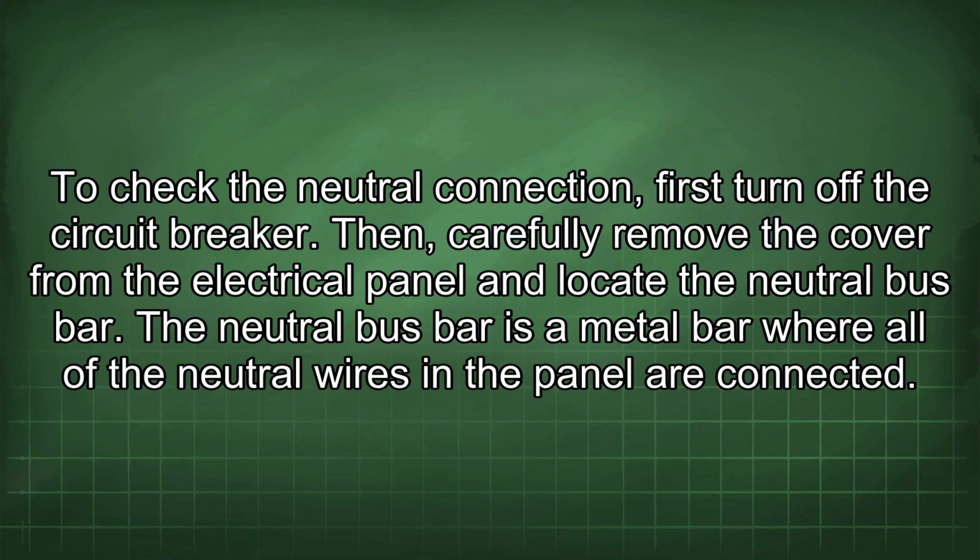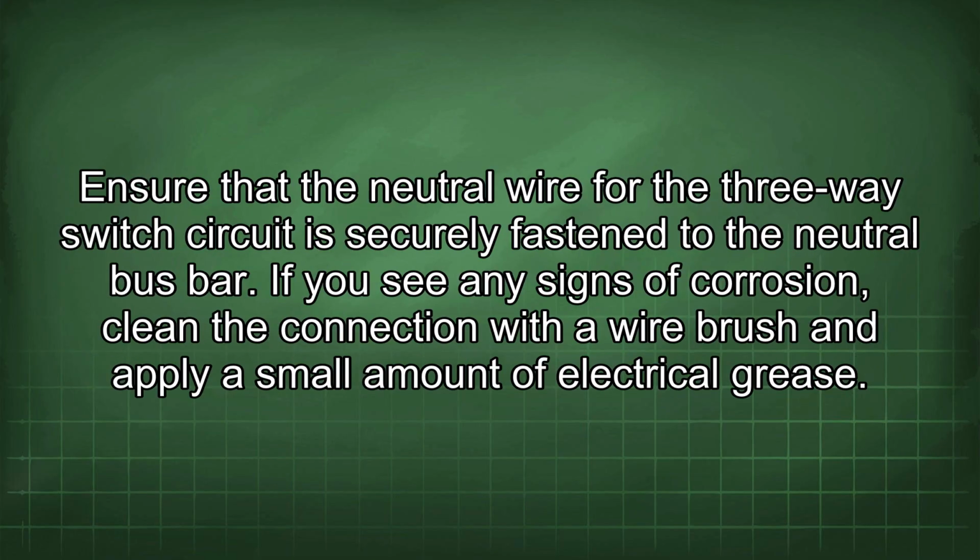Then carefully remove the cover from the electrical panel and locate the neutral bus bar. The neutral bus bar is a metal bar where all of the neutral wires in the panel are connected. Ensure that the neutral wire for the three-way switch circuit is securely fastened to the neutral bus bar. If you see any signs of corrosion, clean the connection with a wire brush and apply a small amount of